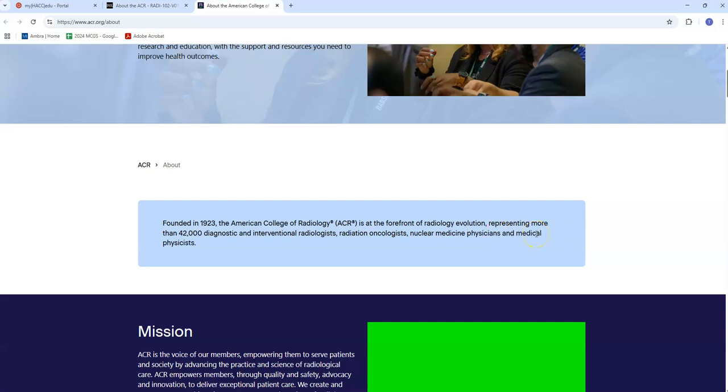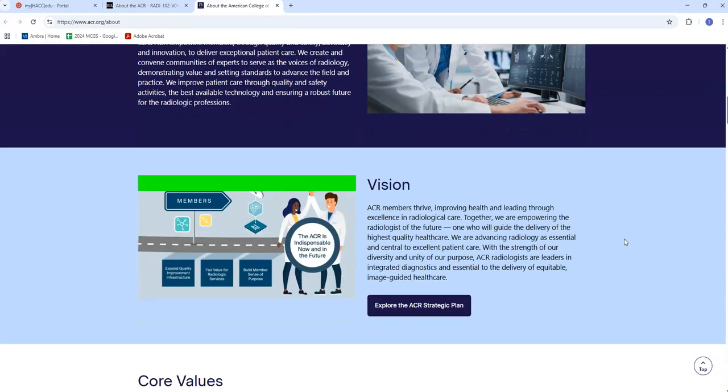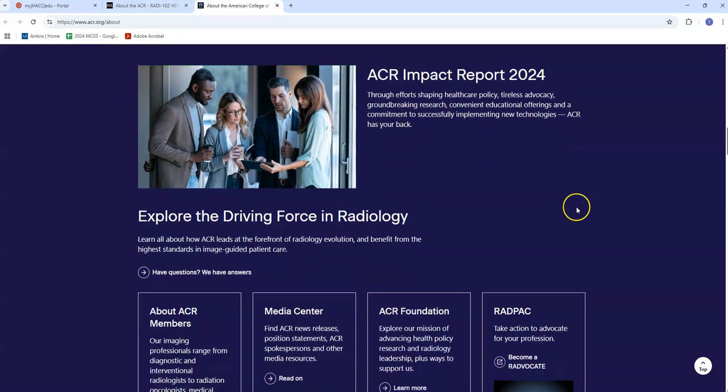And medical physicists are not technically medical doctors, but they have a PhD in medical or radiation physics, and they calibrate the machines and make sure they're not giving too much radiation dose. There's not too much scattered radiation coming off, hitting the operators, the rad techs, the nuke med techs, the CT techs. So these are all, in one way or another, doctors. These groups here are all medical doctors, and the physicists are PhDs. So that's a little bit about who they are. We'll get to the strategic plan in just a second.